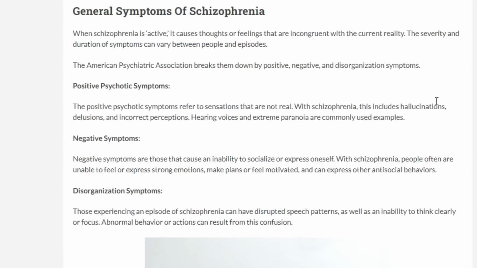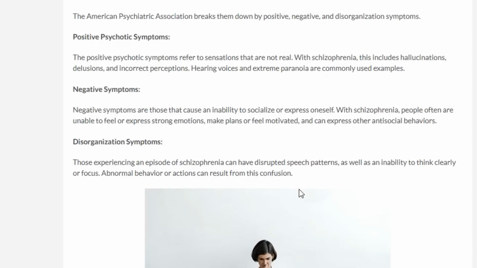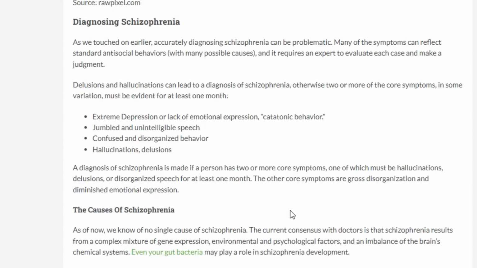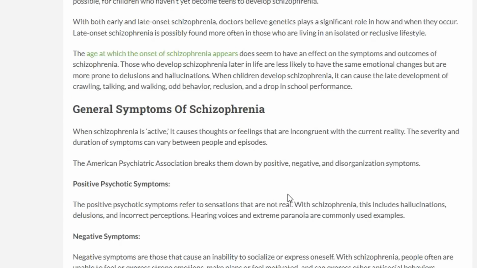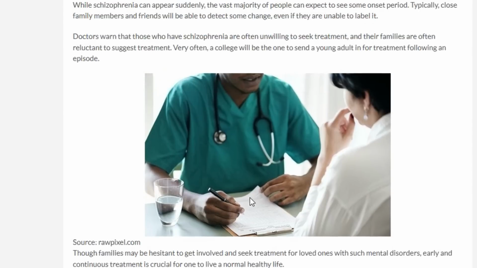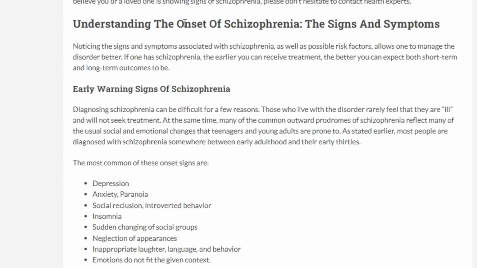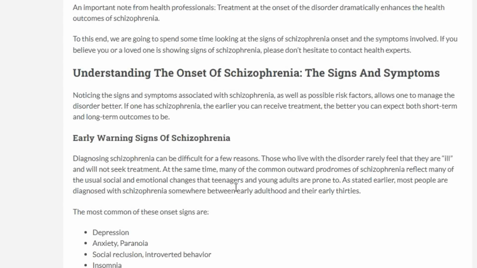Positive psychotic symptoms: hallucinations, delusions, incorrect perceptions, hearing voices, extreme paranoia. Yeah. I just think he probably has something else going on, which all this can explain, what made him feel the urge or the need to commit these murders. And I'm not saying that anything's an excuse, but